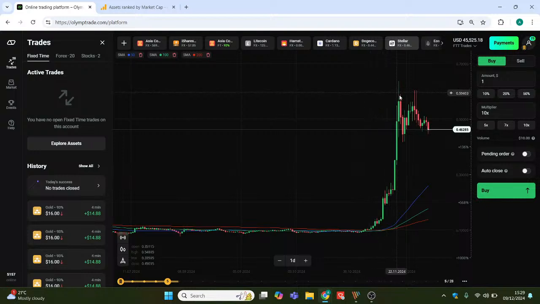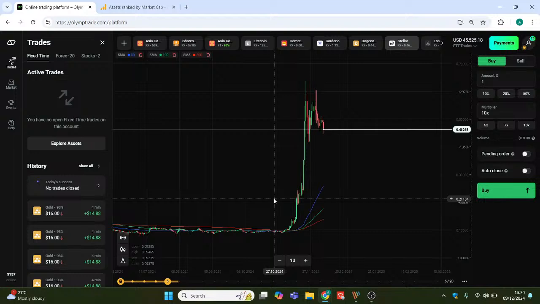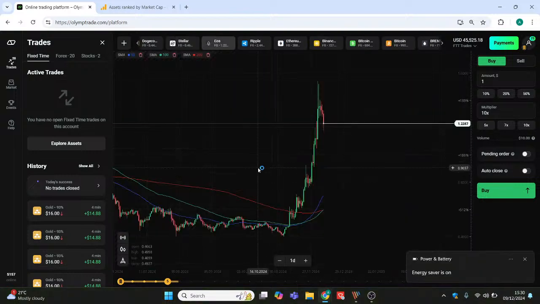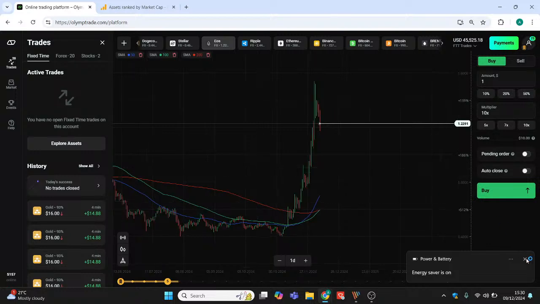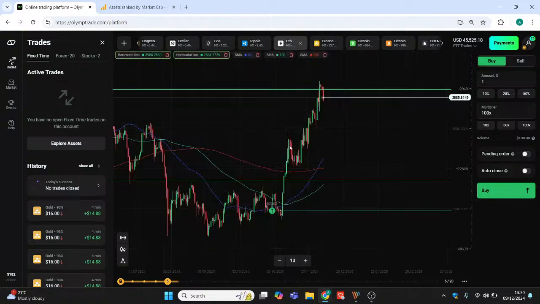Like I have no idea why it jumped this much. It's an absolute miracle for me. But nonetheless, there was an entry point there. But Litecoin was kind of more beautiful. Was even more beautiful. EOS, yes, very nice breakout here. Very nice breakout. And I think with Ethereum, yeah, also, this flag formation.